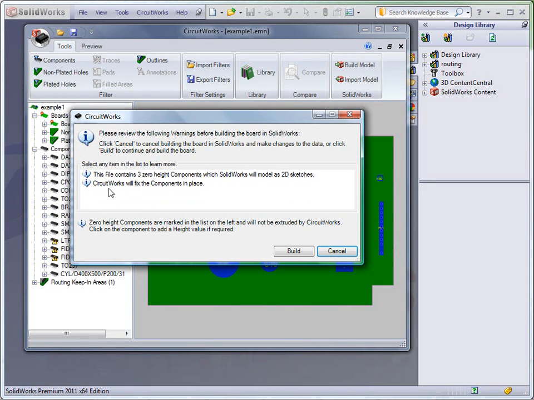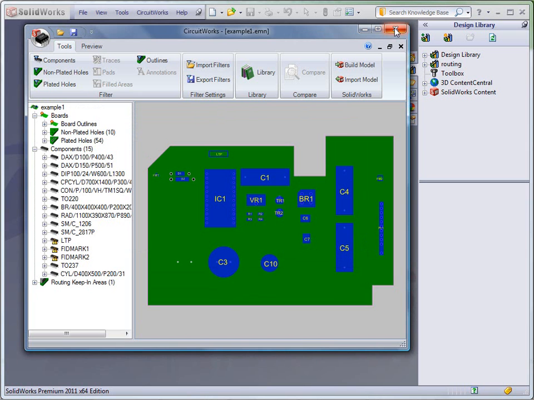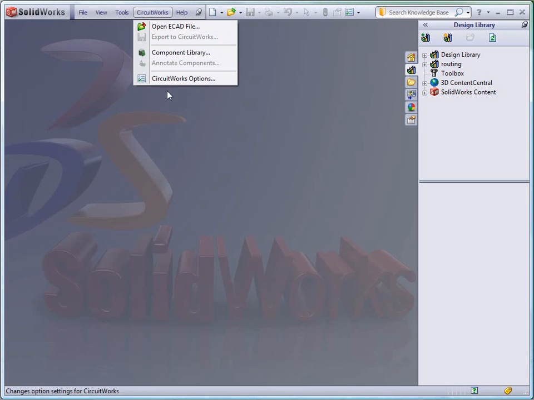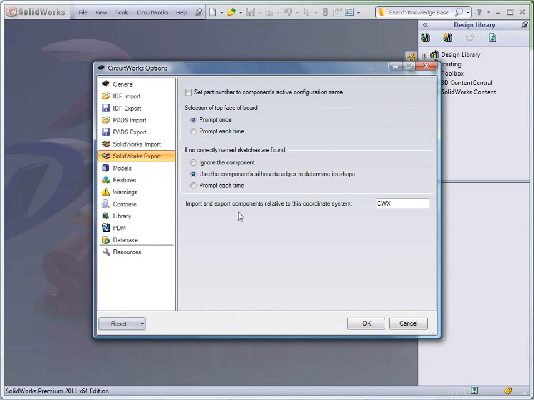Now you see here's an option. CircuitWorks will fix the component in place. So what I'm going to do before I actually build this is I'm going to show you some of the options first. So here under CircuitWorks, here's one of the options. You have CircuitWorks options, and you'll see some of them are, here's one of them, import and export components relative to this coordinate system. That's the CWX coordinate system. That's going to be something that you could change the name, but the default is CWX. It looks at that, and the positive Z direction is going to be the up direction with respect to your